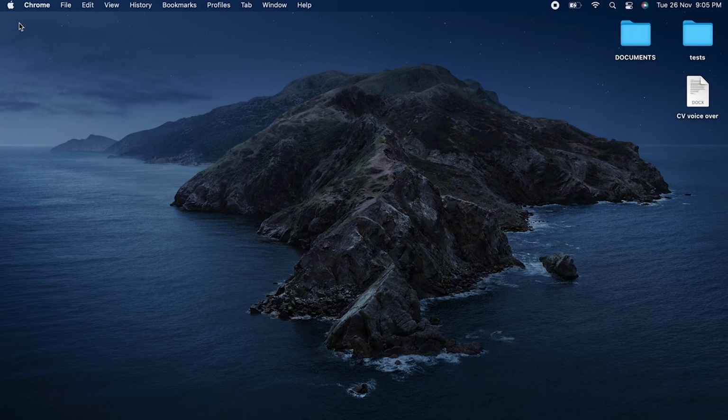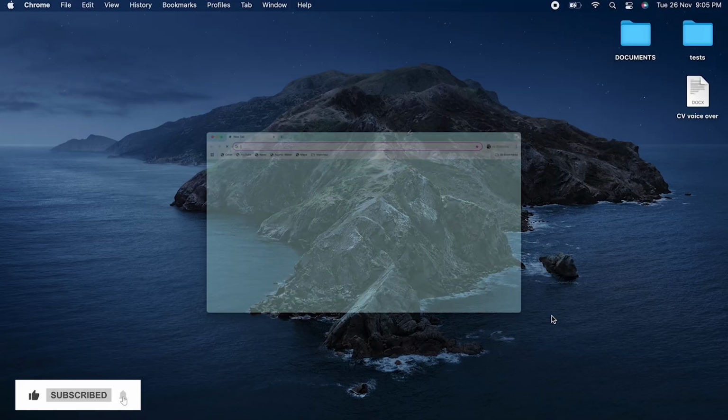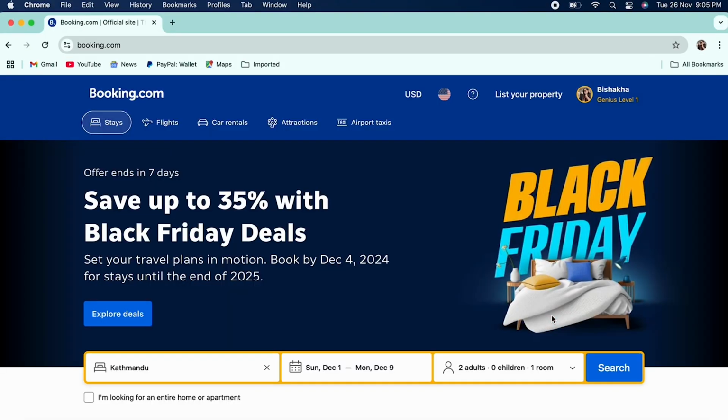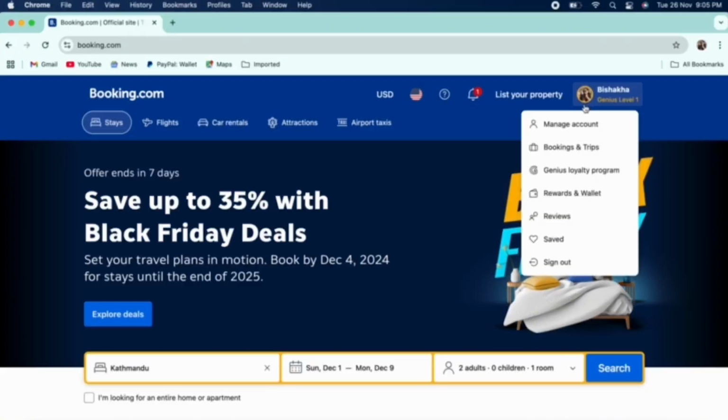Firstly, go ahead and open your preferred browser and in the search bar, search for booking.com. Make sure you are signed in, and if not, then go ahead and sign yourself in. Now, tap on your profile icon on the top right corner of your screen and further tap on the bookings